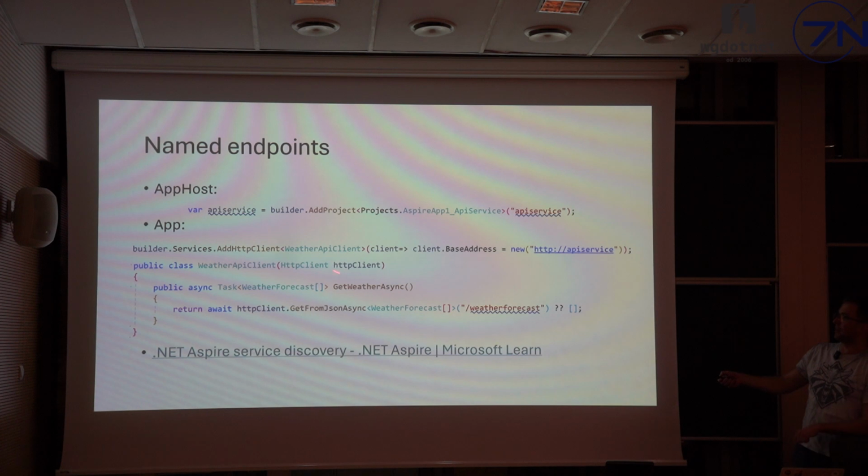And in the front end, when we are registering the HTTP client, I was just saying the base address is http://API service. And this feature is called .NET Aspire Service Discovery. So Aspire is taking care of passing all of the necessary information between the processes behind the scenes.